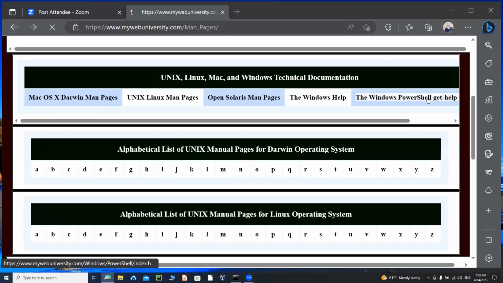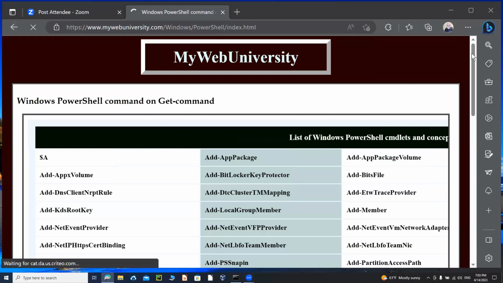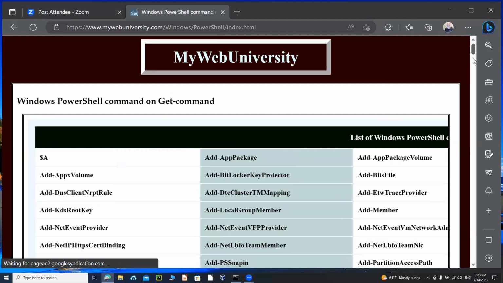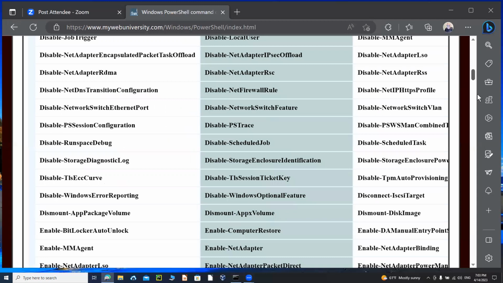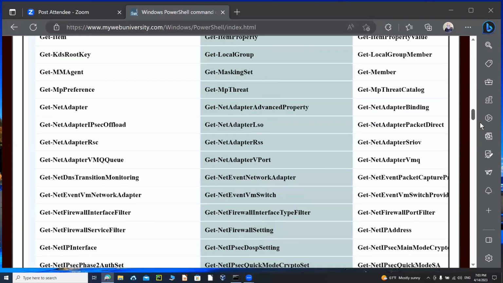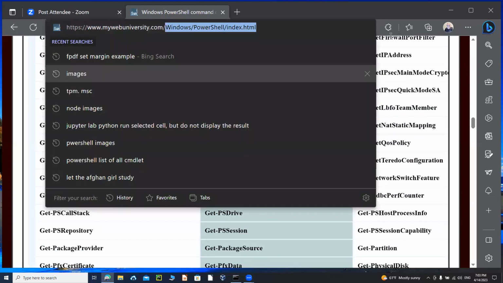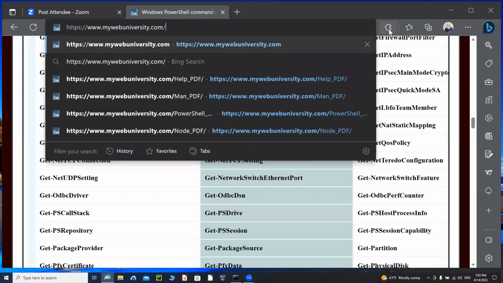Okay. In addition, if you come back here on the main page, the Windows PowerShell that I showed you earlier in PDF format, I also have it in HTML format. So in your choice, whichever one you want, all these documentations are there. All you have to know is one page,